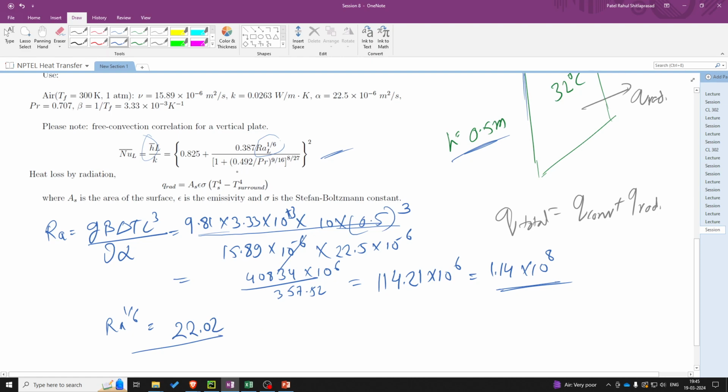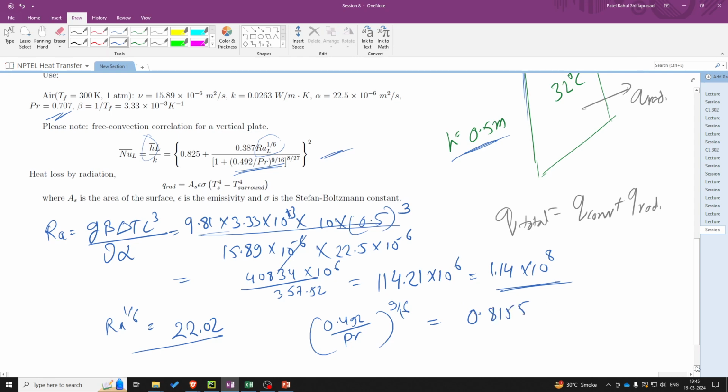Then we can find this value also, that is 0.492 upon Prandtl number raised to 9 by 16, as Prandtl number we have been given as 0.707. You need to be very careful about this calculation since we are having these powers and also very different formulas. 0.707 raised to 9 divided by 16 is equal to